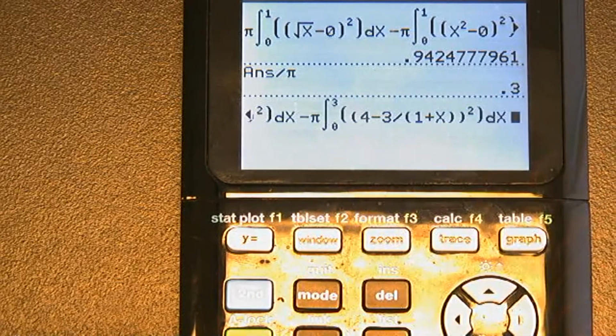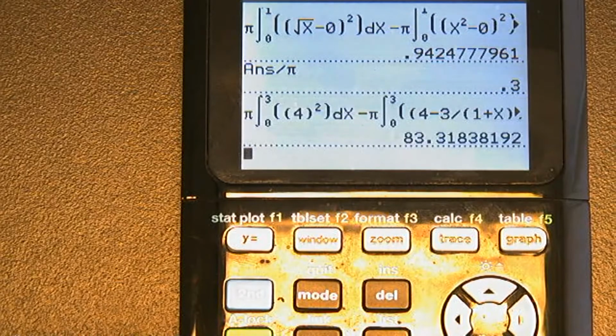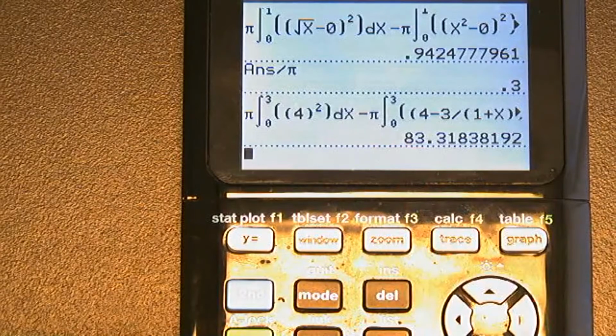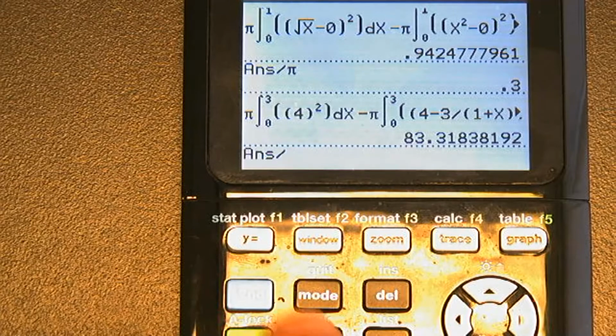So I think I got all my parentheses in there correctly. If I type in enter, I get about 83.32. Write that down. If you divide this one by pi,